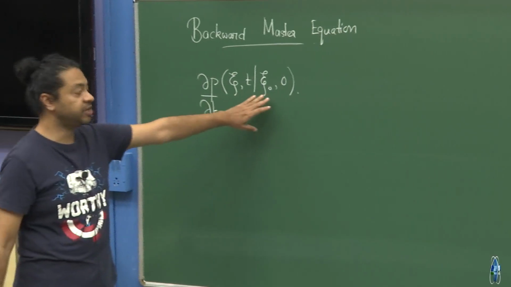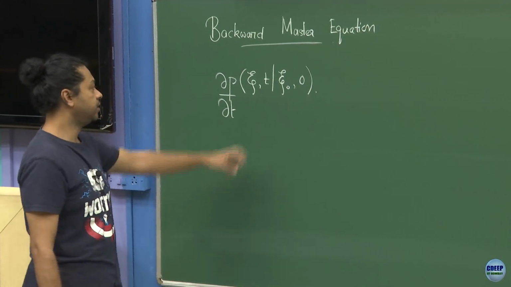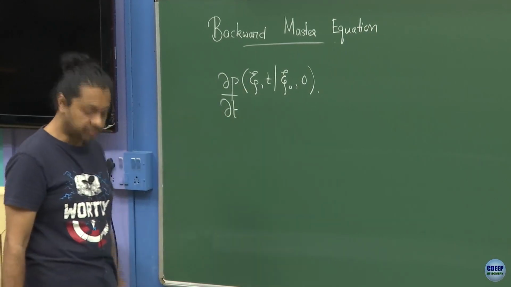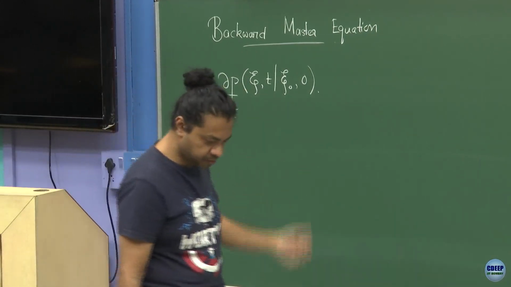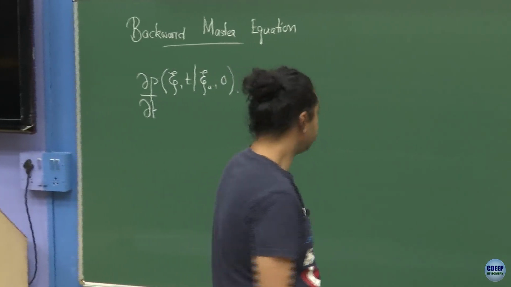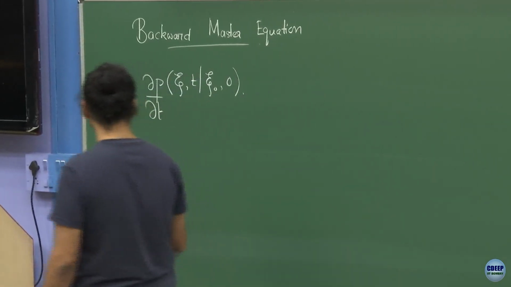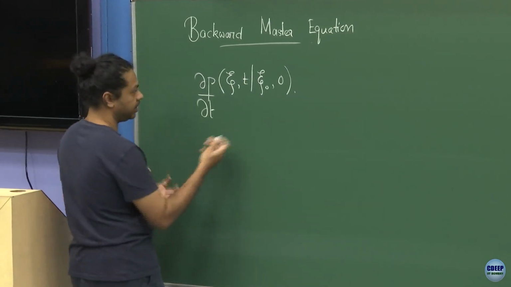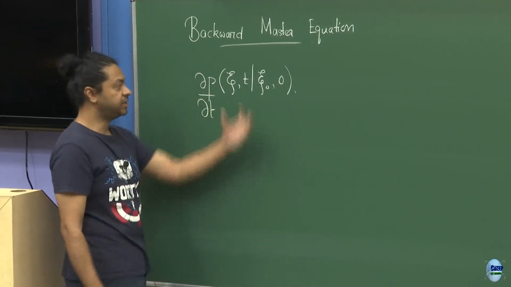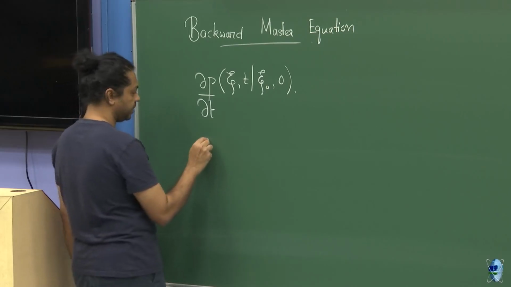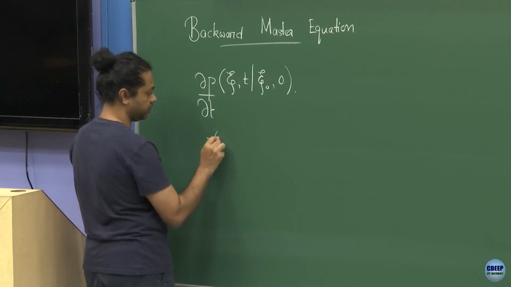You start from some initial state psi naught and you go to some state psi after some time t has elapsed, and how do these probabilities evolve in time. So the way we had done the forward was to say that there are two states involved here, the initial state and the final state. And then when we were thinking about the forward equation,